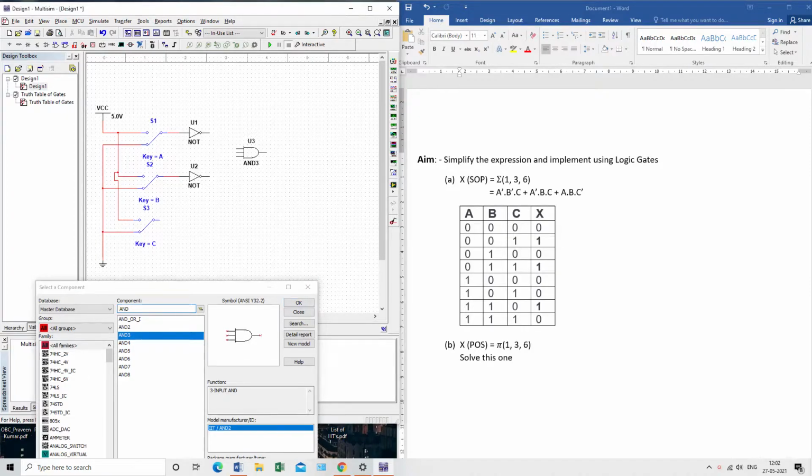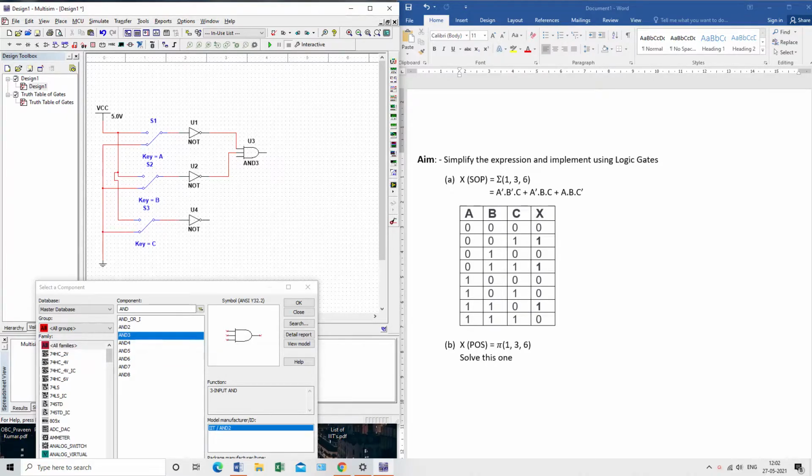So what are the inputs? This comes as A dash, this comes as B dash, and this will come as C. I need one C dash in this expression, so for that I will place one more NOT gate, or I can copy this, Control C on this NOT gate, Control V. I will attach one NOT gate from here, but right now I don't need this.